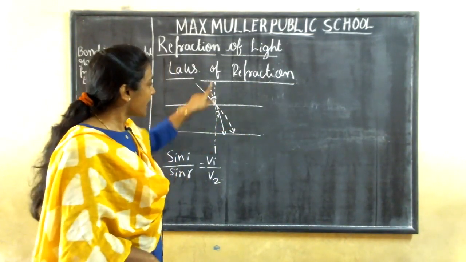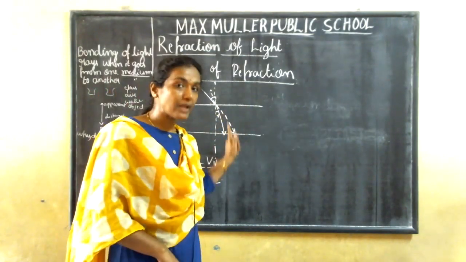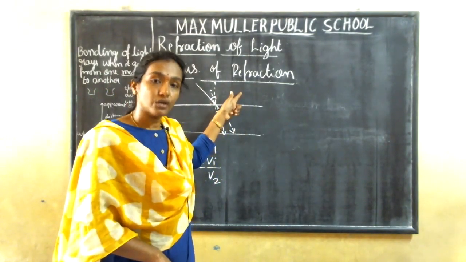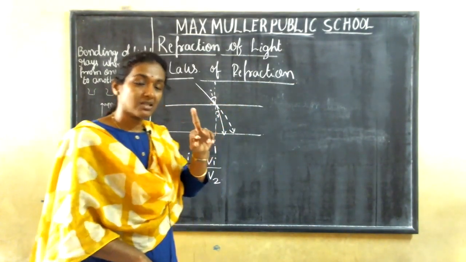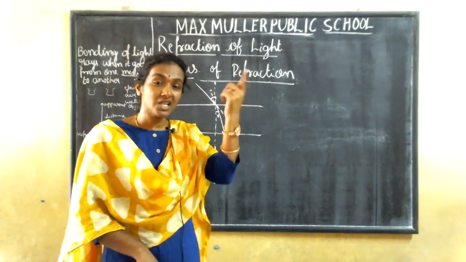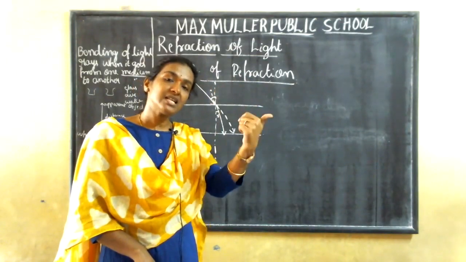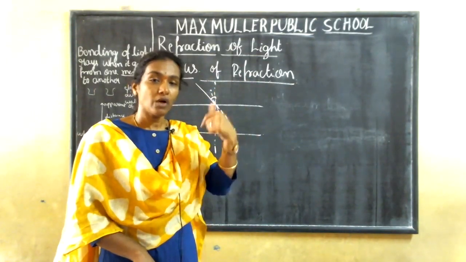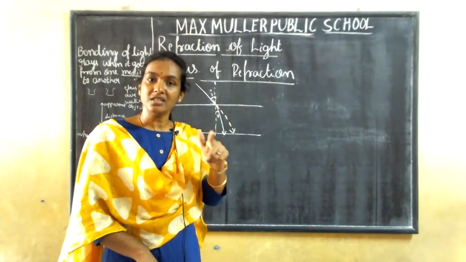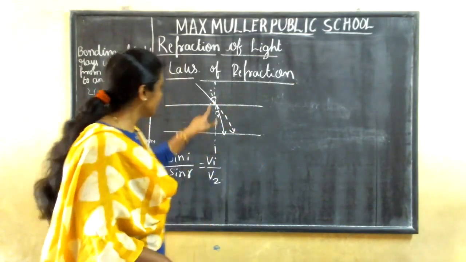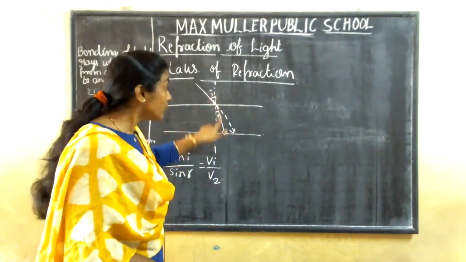What is the first law here? Incident ray, normal ray, and refracted ray, all three lie on the same plane when they are going from one medium to another medium. This is the first one. Second one, it is here. You are going to find out how incident ray and refracted ray are related. Incident ray is denoted as I, and refracted ray is denoted as R. So here it is I and here it is R. Clear? So how are they both related here?